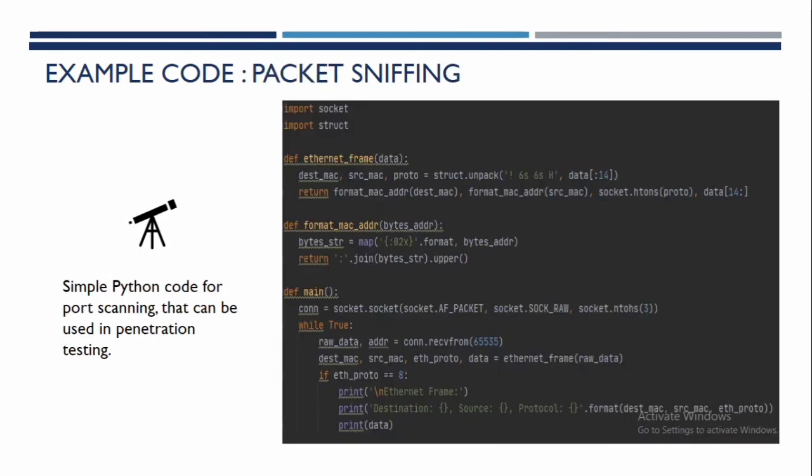Another common use of Python is to create a tool called a packet sniffer. As you can see here is a simple code for packet sniffing. This code essentially uses the socket library to capture a network frame and also to display the Ethernet frame, the MAC address, and also the destination of the packet. Using this code, the programmer can obtain the network frame, format it, and display it in a formatted manner.